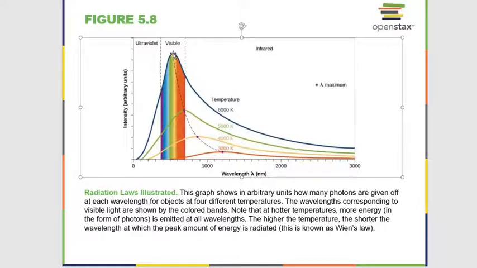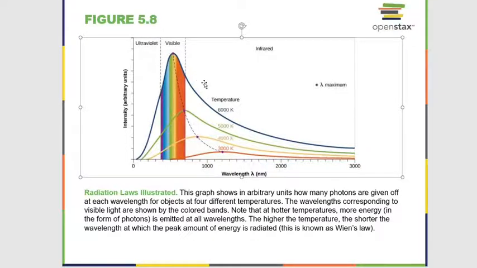So the highest intensity for any wavelength is the yellow here, the red here, the infrared here, and the infrared or microwaves here. And so you can see as this object gets heated up, the peak wavelength moves to shorter and shorter wavelengths, right? And so if we were to keep going, eventually the peak would be over in the ultraviolet,